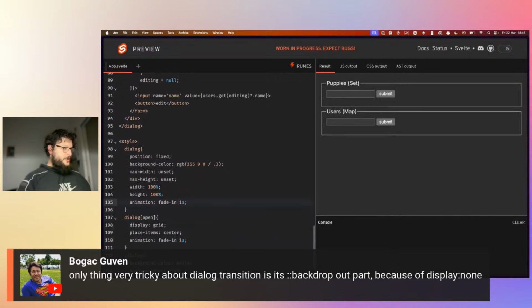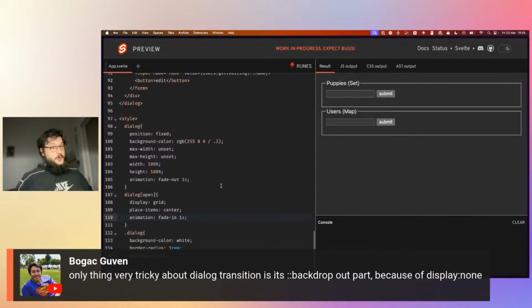Sorry, this needs to be the fade out. And unfortunately, this needs to be two different animations. So you cannot only write one and use CSS variables because the name needs to change. So fade in. So if we do our keyframes,